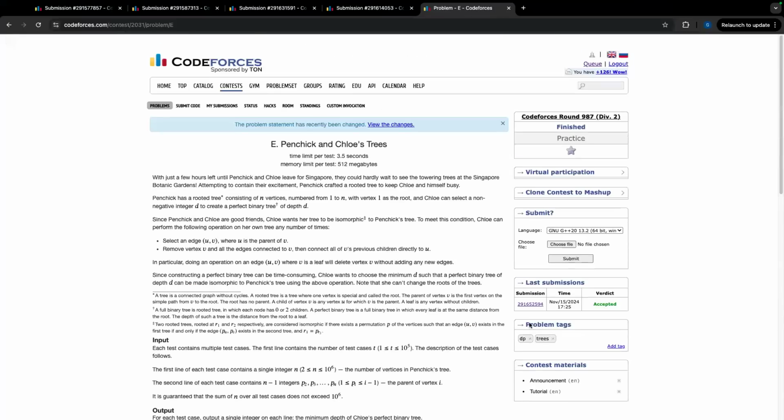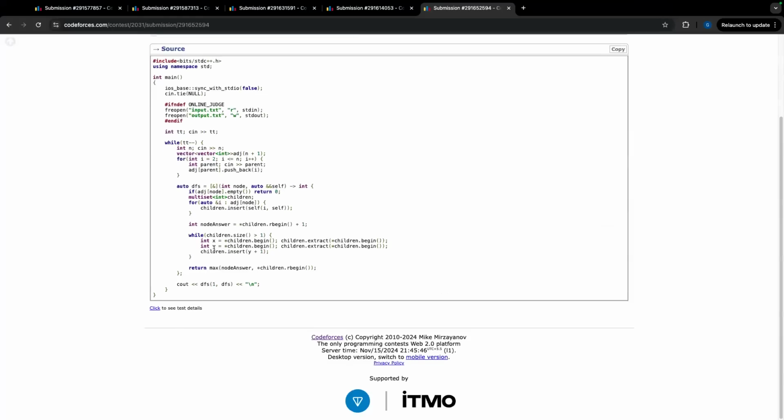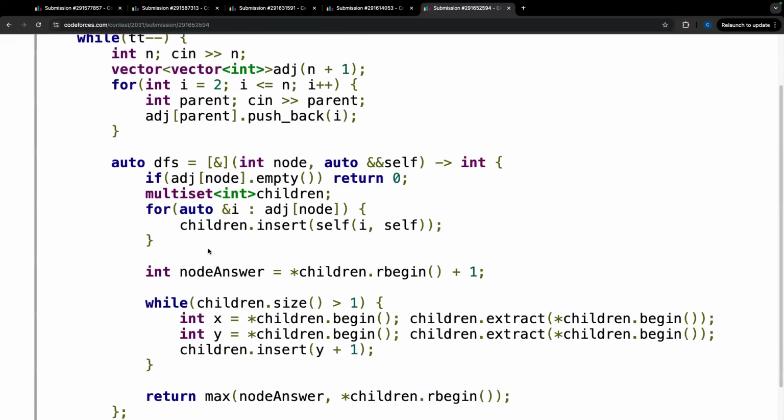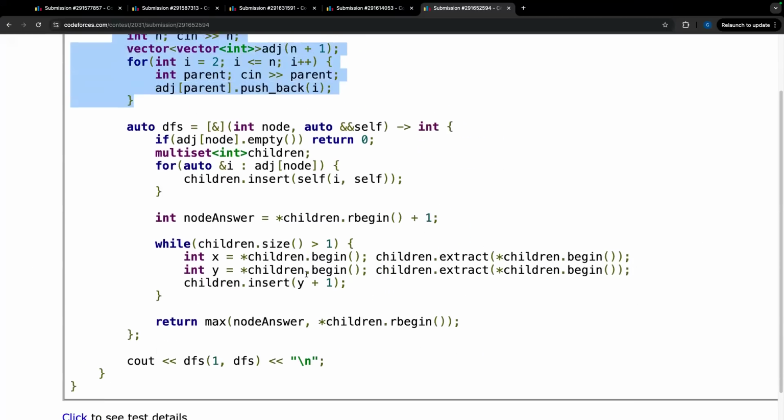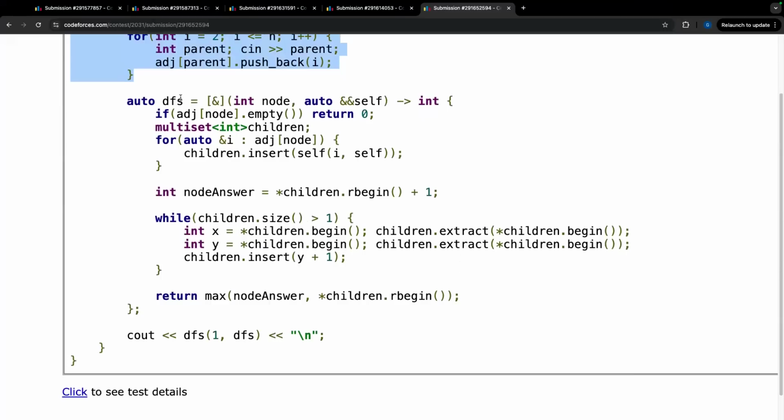And let me show you the solution of the same. Coming up with this solution was hard, but the implementation is not that hard. So you take in your tree and then you have a DFS call. You can see that in the DFS call, I am returning the depth required to make that node. So if it is empty, we are returning 0. Otherwise, we have a multiset of children and we are going through all the possible children and we are inserting their depth. And after doing this, we can just say that the current answer is node.answer something. And after this is done, if there is only one child, then the depth is going to be